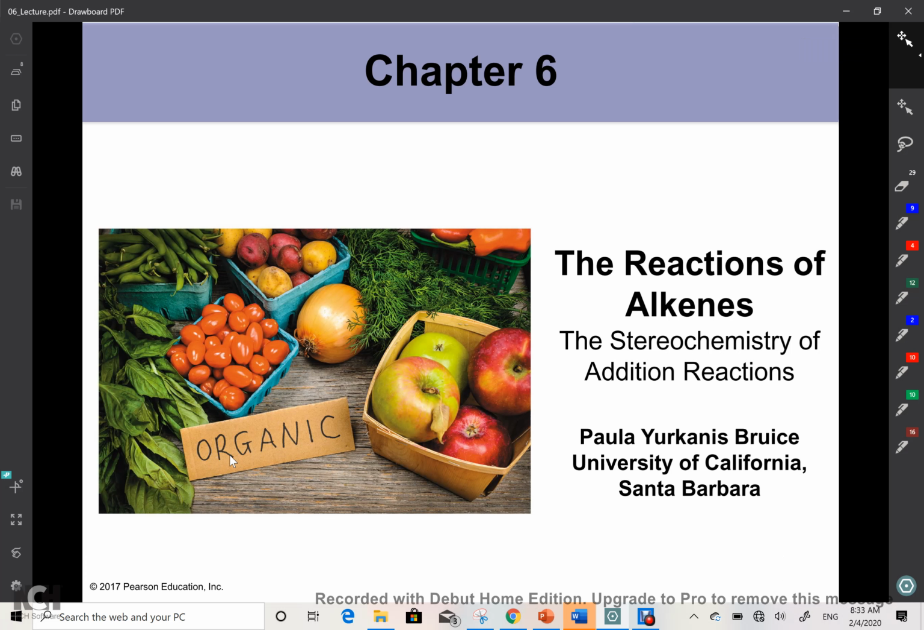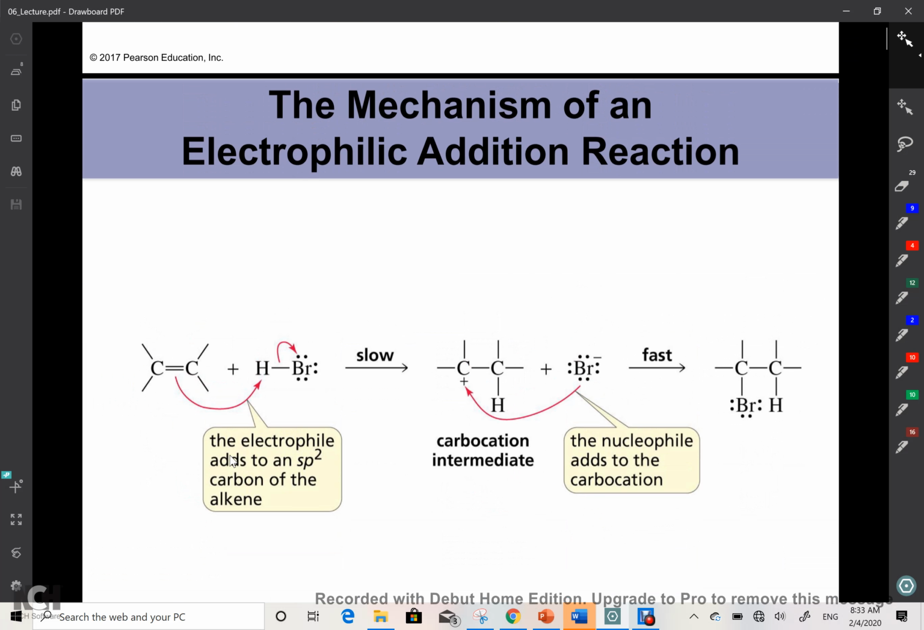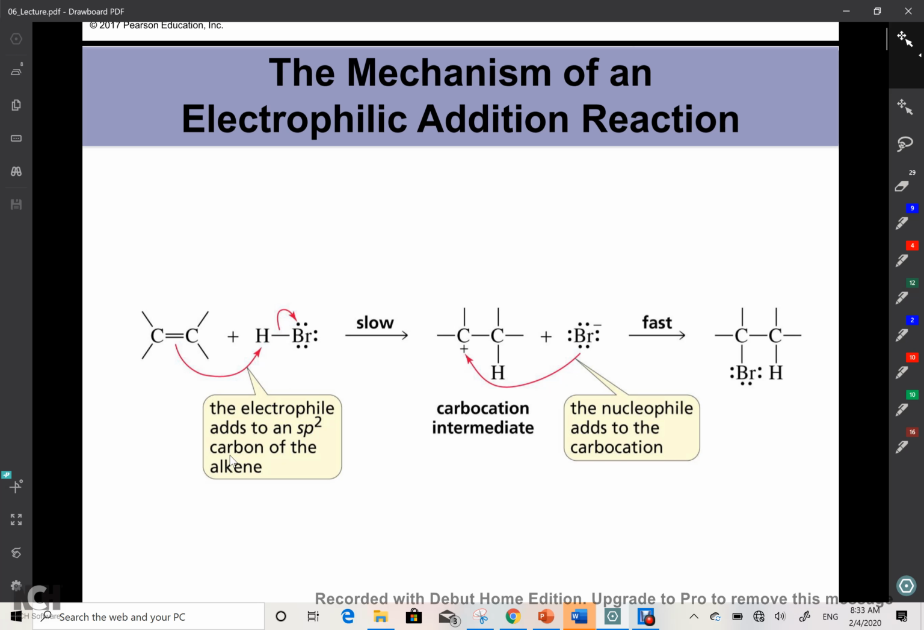So, with chapter 6, the reactions of alkenes. I won't go too much into detail because the class is a little bit scanty. So, we'll just briefly talk about it and see what it is. Last semester and last week we talked a little bit about alkenes, their nomenclature, and their physical properties. Now, before we move into the mechanism of an electrophilic addition reaction,